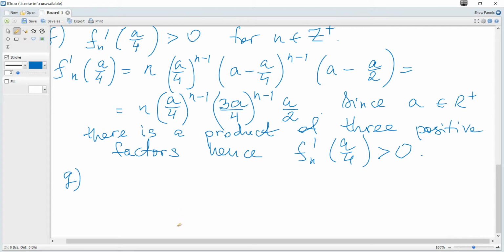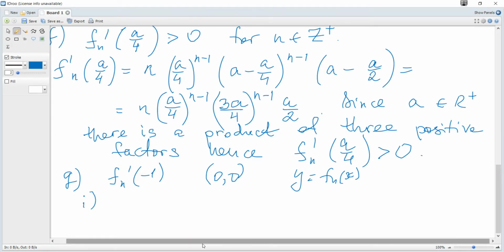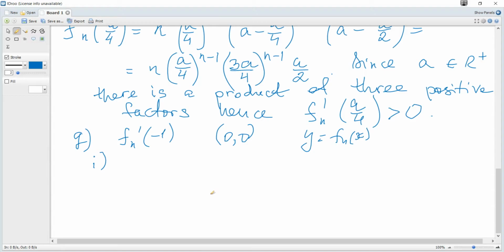G. By using the result from part F and considering the sign of f_n' at -1, show that the point (0, 0), or the origin, on the graph y = f_n(x), is a local minimum for even values of n, where n is greater than 0 and a is positive real. 3 marks. So we need to consider n. If n is even,